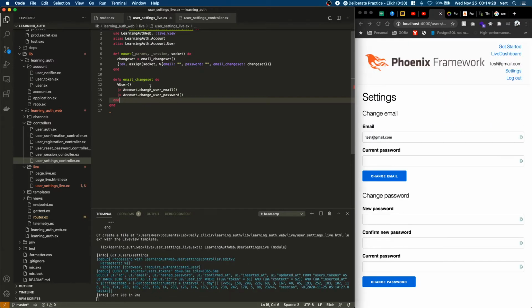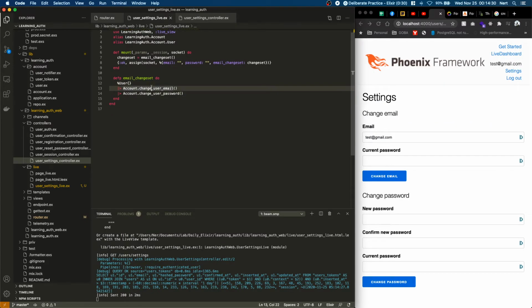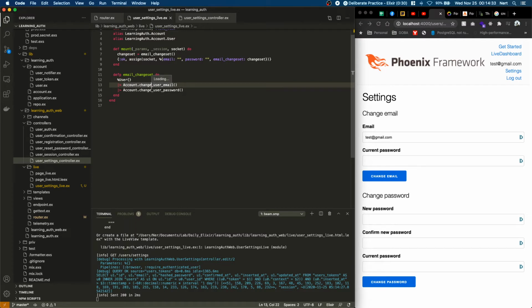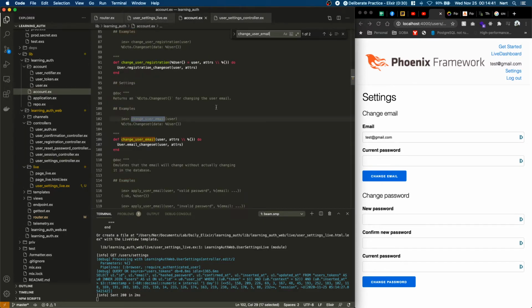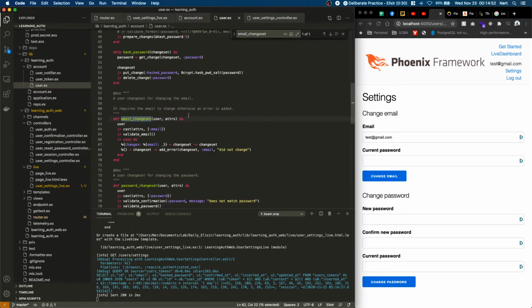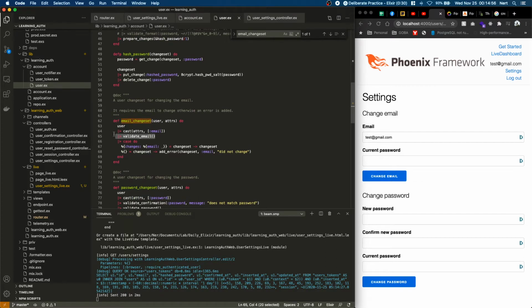Right. So now let's explore this for a bit to show you what these functions are doing here. I'm going to open up account, find this one here. So what we're doing is we're passing the user schema with the default attribute. And what this essentially does, let's go into user as well, is that we're going to cast in the email, we're going to validate it, and